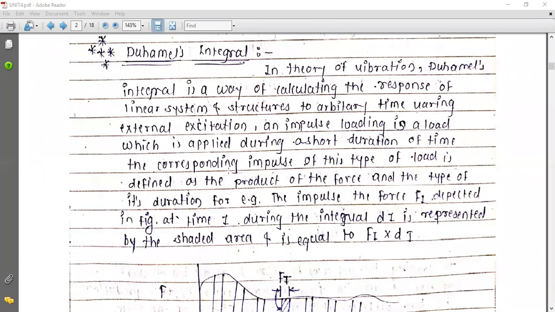Impulse loading is a load which is applied